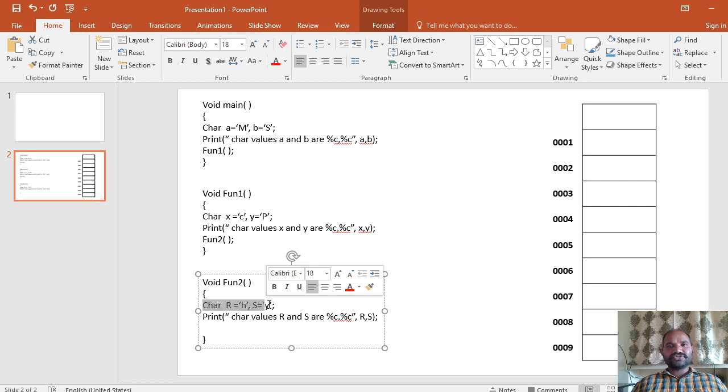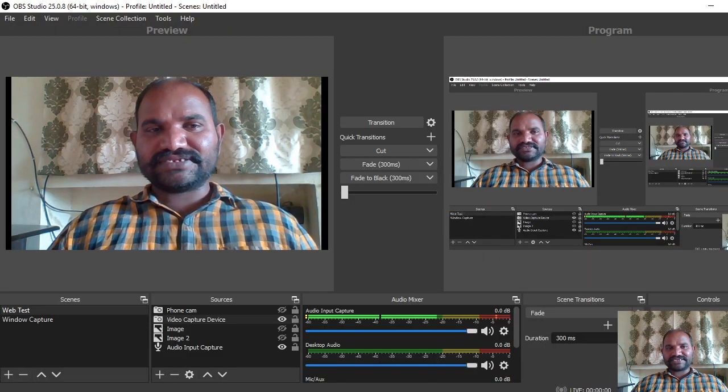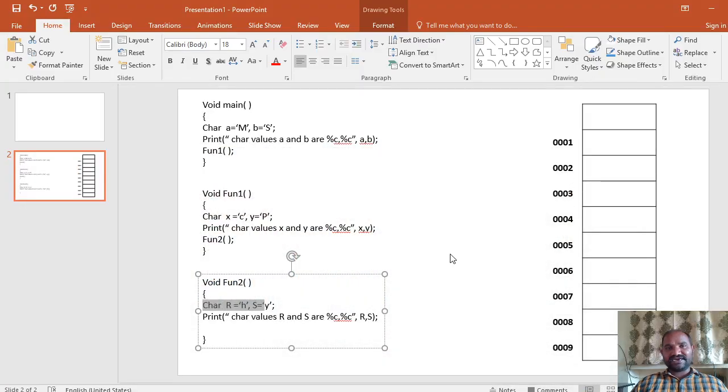So I just defined the stack, and how exactly the stack is accessed, we'll see in the next video. In order to access the stack area, we use the push and pop instructions. All those things we'll see in the next class. So this is all about our stack area, and the architecture of the 8086 microprocessor. Again, I'll come to this point, no problem at all.